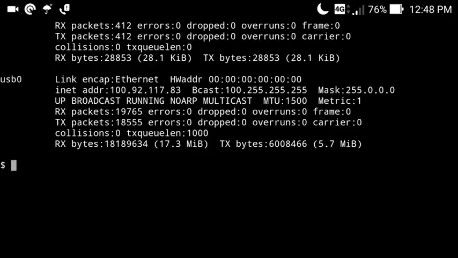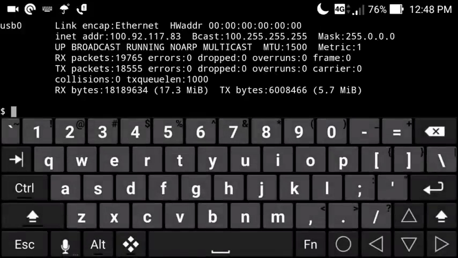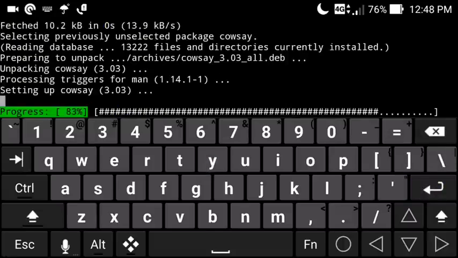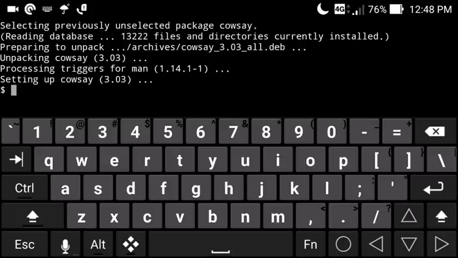The next command is also very cool and funny, like the one you've seen in the first command. First of all, you need to install a package. Just type here apt install cowsay and hit enter. Sorry, first of all type install, give the space here, and type cowsay and hit enter. So it will install this package. Now you have to just type here cowsay space and just give this sign.